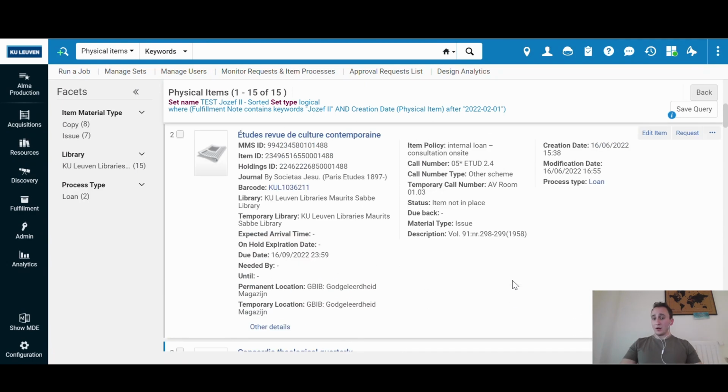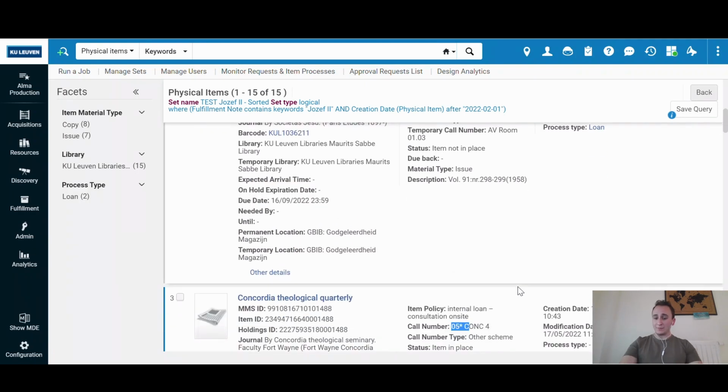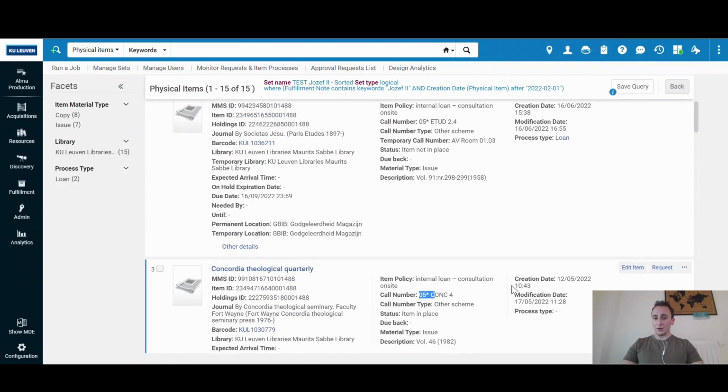So if our items were sorted alphabetically, which in this case they are not, the third item should have appeared before this one, because 05*C theoretically has priority over E in alphabetical order.